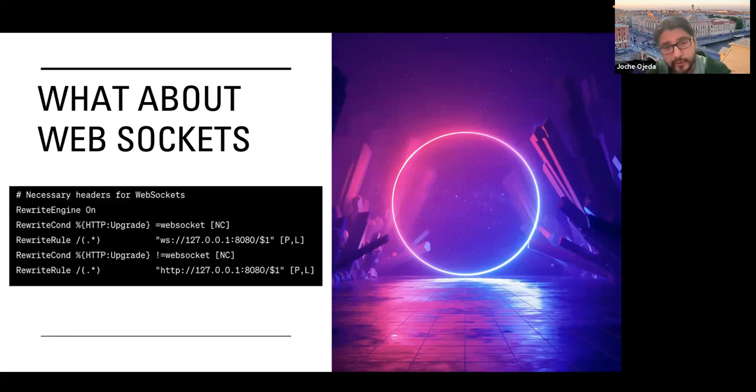Okay, there is another step also. We also need to have the rewrite engine on to enable SignalR connections or WebSockets. Basically, what this rewrite engine does is take the request from one URL and rewrite it as if the request was done to a different URL. So in here, for example, you see that the URLs are being rewritten if they start with WS, which is the WebSocket connection, or if they have the HTTP